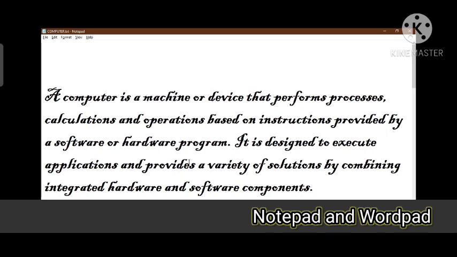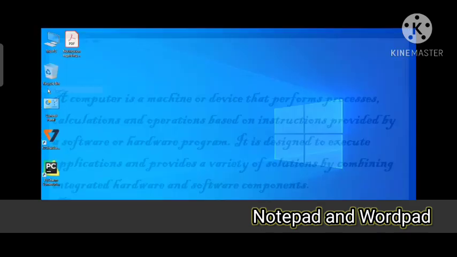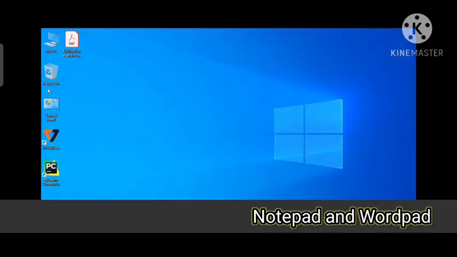Once you click on the Save option, your file is saved, and you can see the name over here. We have saved the file by the name computer, so it is visible over there. And then Exit. That means we are done with our work and we can exit from here. So we will come back to our home screen.